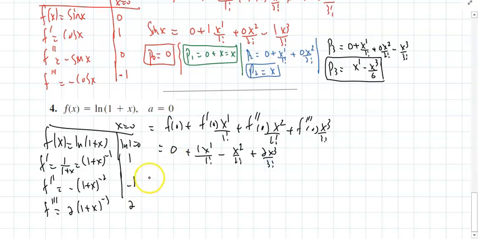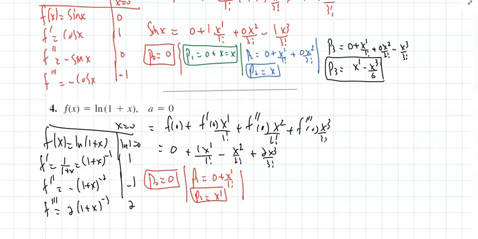So to find p sub 0, that's simply 0. To find p sub 1, well, that is 0 plus x to the 1 over 1 factorial. The first degree polynomial that approximates this natural log is simply y equals x. If I go for the second degree, well, that is 0 plus x to the 1 over 1 factorial minus x squared over 2 factorial. And that would be